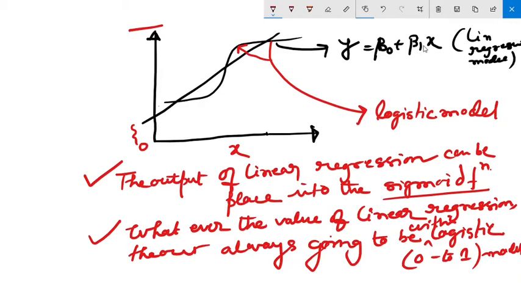So here the outcome is a probability from 0 to 1 that will belong to class 1. Okay,